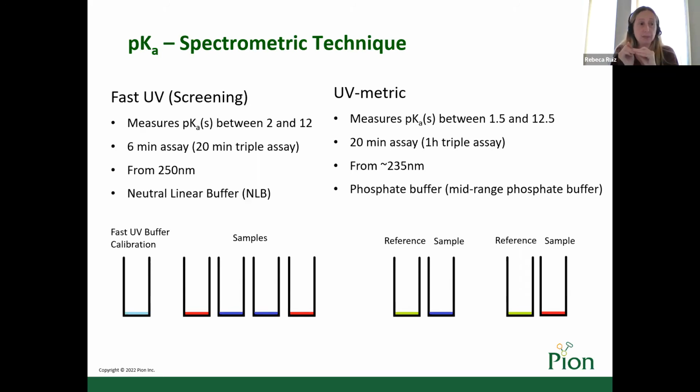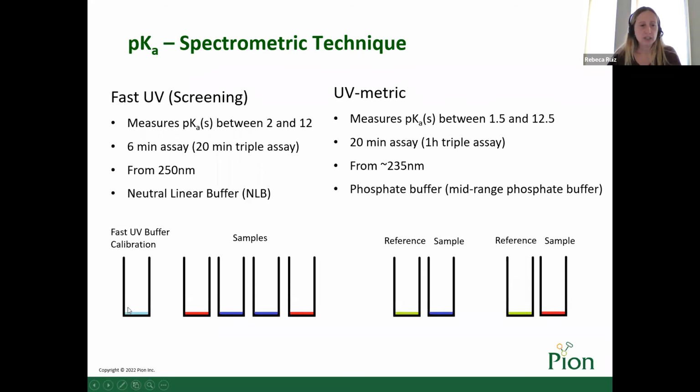In this picture is shown the use of the reference, called fast UV buffer calibration for the fast UV assay and reference for the UV metric assay, which I will talk about in my next slide. However, I would like to show here that fast UV analysis, because it's a screening analysis, only uses one buffer calibration